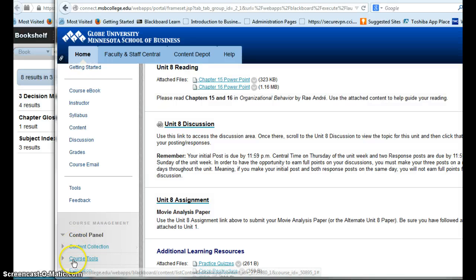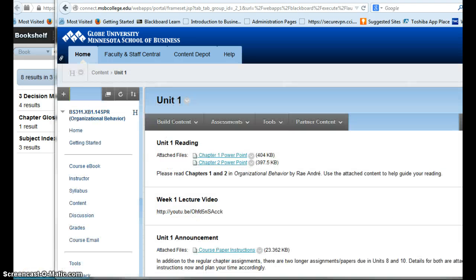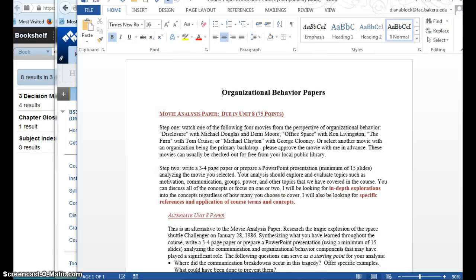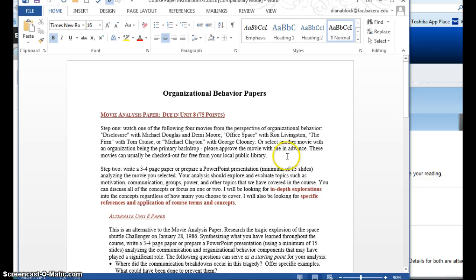So I want to remind you to follow all the paper instructions. And here are the paper instructions. Let me grab this for just a few minutes. So watch one of these movies. Write a 3 to 4 page paper or prepare a PowerPoint presentation with a minimum of 15 slides. Now, 3 to 4 pages means 3 full pages or as much as 4 full pages. If your paper is 2 pages and then 1 line or a paragraph or half of another page,